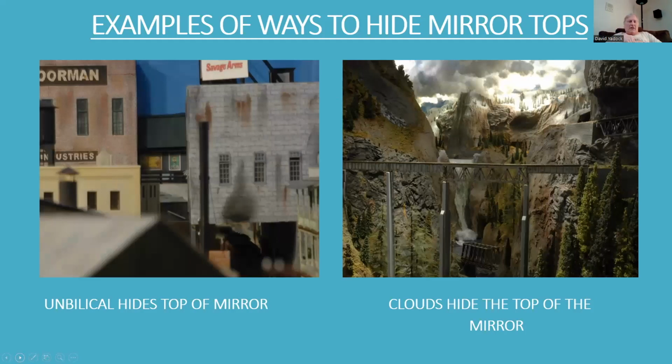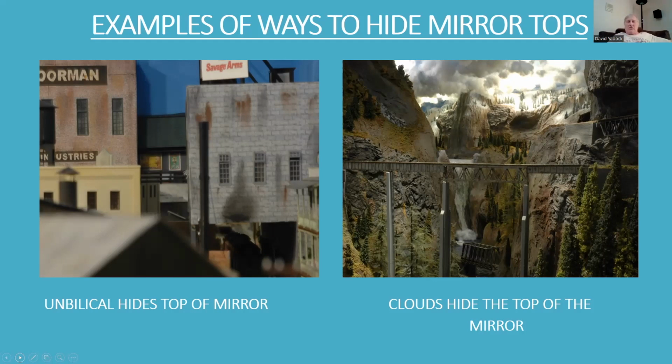So here on the left is an umbilical between two structures. Beneath that, there's a mirror that goes directly underneath that whole building area. And so it reflects a couple freight cars that I have parked on a fake siding. It's actually not an operational siding, it's a fake siding. And then it also reflects several structures